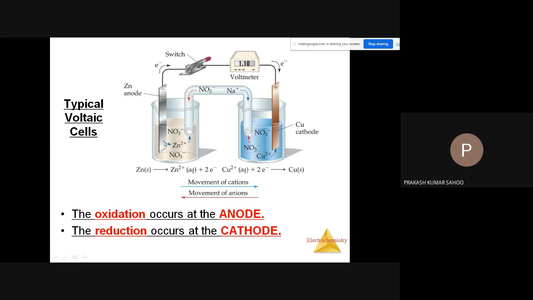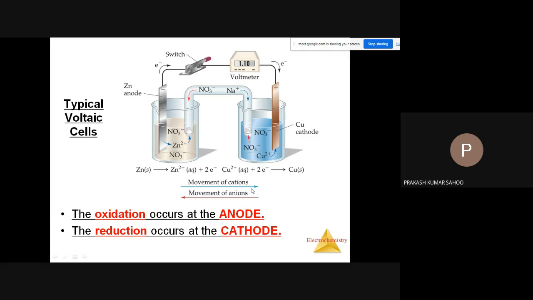there is formation of zinc 2 plus from zinc, because oxidation happens here. So the number of zinc 2 plus ions in the left hand side will become more and more. So to maintain the neutrality, this nitrate ion will react with the zinc 2 plus ion to make the zinc nitrate again. So by this method, this salt bridge maintains the neutrality, and